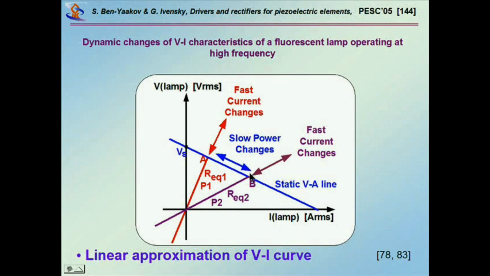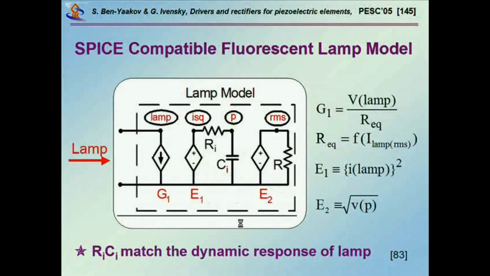And then when you move to another operating point, this is the resistance that you see. If you change the power, you'll move across this line slowly. But then for fast changes, you're here. So you have a mixture of fast behavior and slow behavior, and they are not the same. Okay? Now you can model this thing